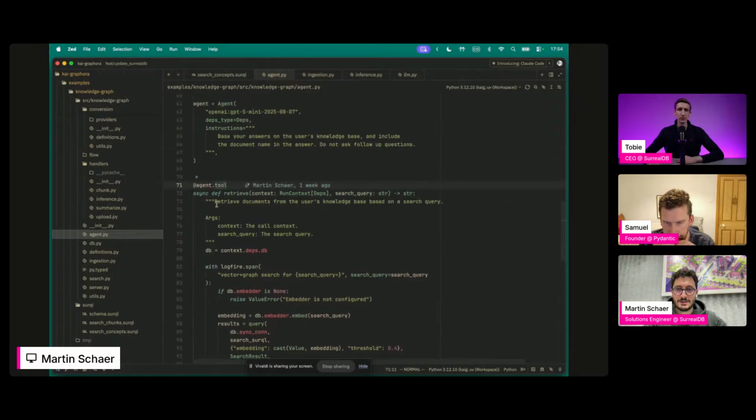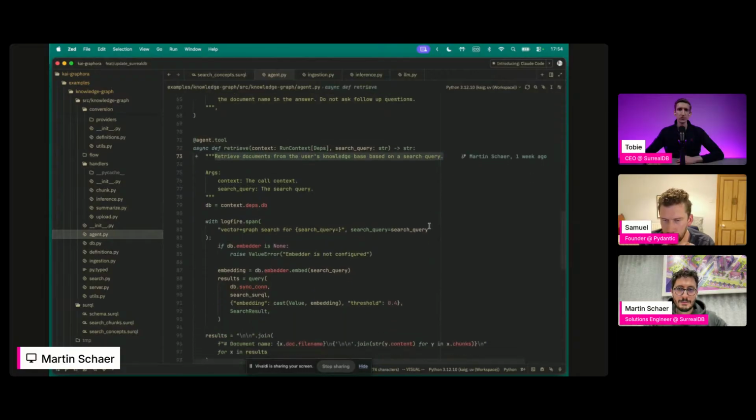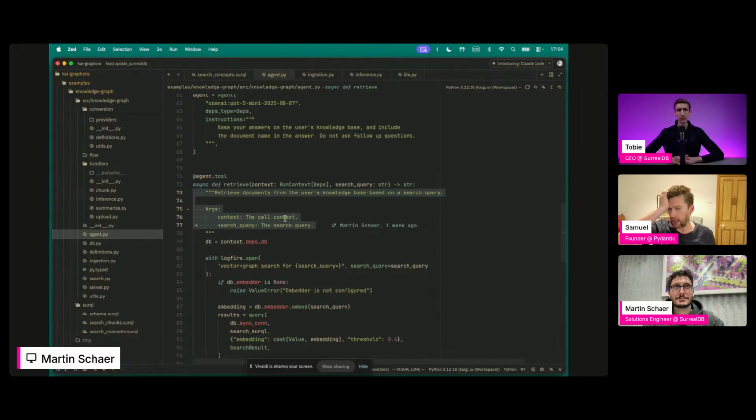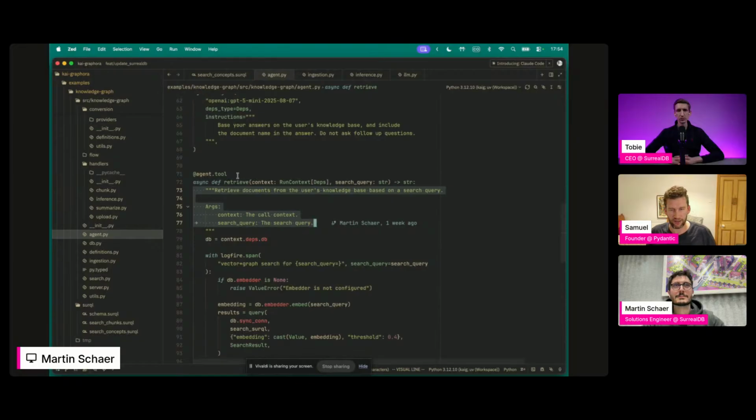So this agent knows that to retrieve documents, it should use this function. The point here is that the docstring is being parsed and passed in, as we'll see in a minute in Logfire. This docstring will become the description of the tool. The args here will be passed as well, so the call context and the search query will become the descriptions of the individual parameters for the tool, which all helps the LLM call the tool most efficiently